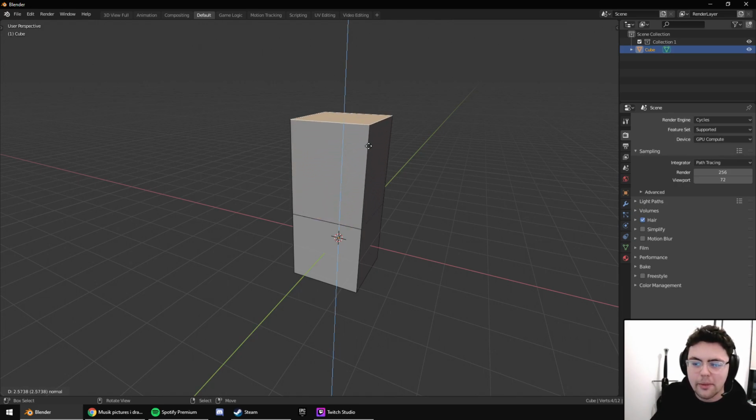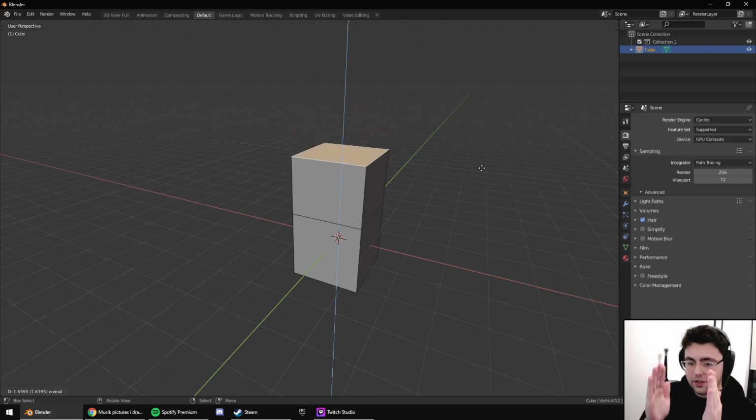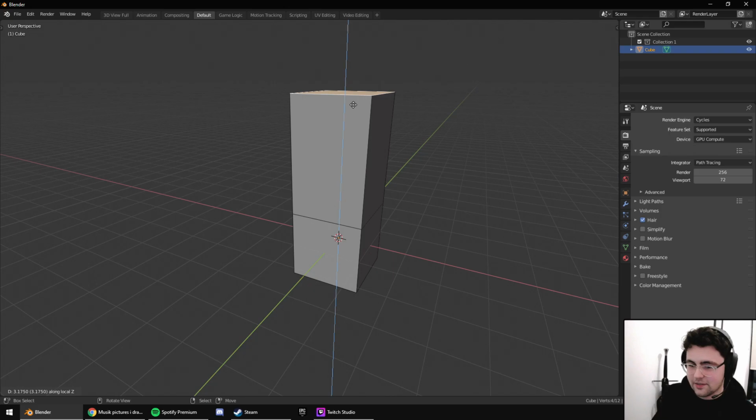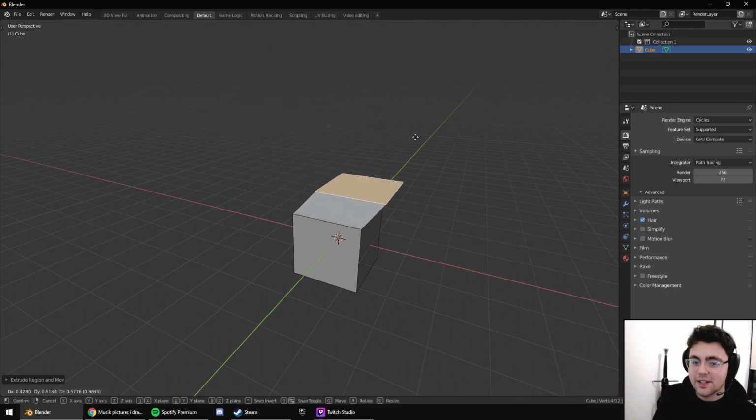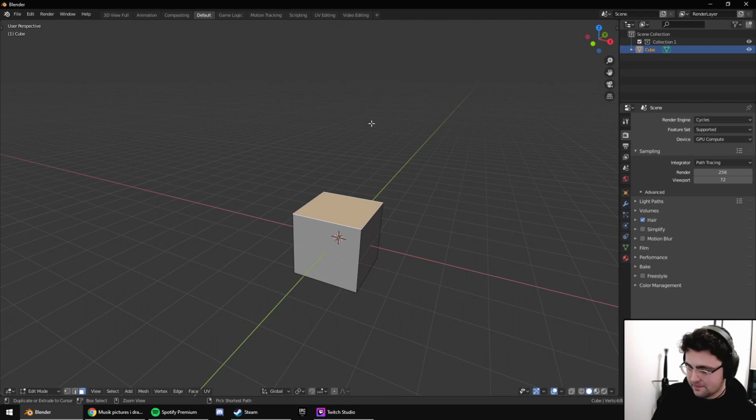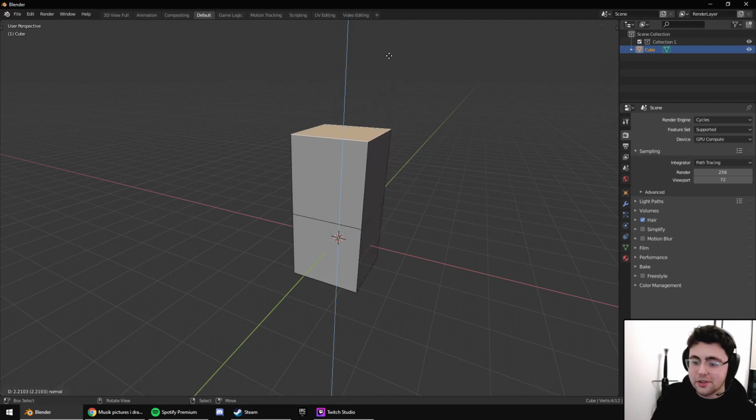But now you can see if I move my mouse, I'm moving up, but only in this axis. If I'm moving side to side, I can't. It's locked right to this axis, and there's probably a way to move this quite freely. I'm just trying to remember what it is. So if you want to move it quite freely, as you're extruding it, you want to